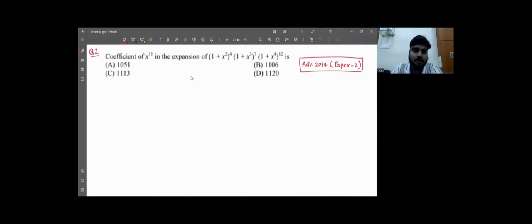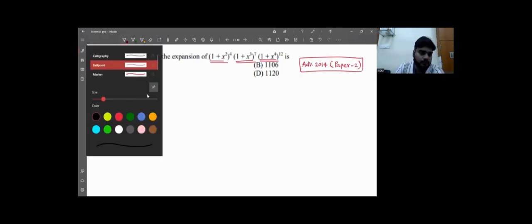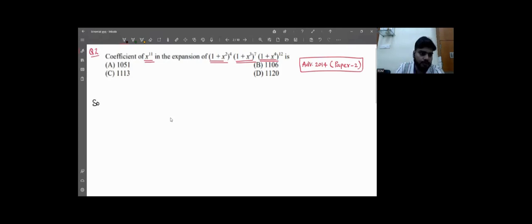Now let's move on to question number 2, which is the coefficient of x to the power 11 in the expansion of (1 plus x squared) to the power 4, (1 plus x cubed) to the power 7, (1 plus x to the power 4) to the power 12. ये IIT-JEE 2014 का पेपर 2 का सवाल है। सो करते हैं सॉल्यूशन। यस, सो अगर x टू द पावर 11 अपन को देखना है तो एक बार मैं इन पूरे एक्सप्रेशंस